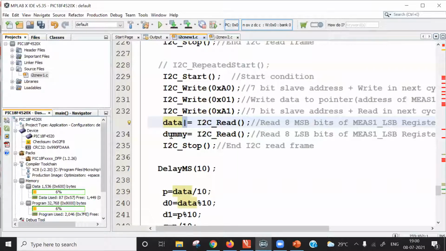And one more read operation we must do, because whenever we read data from FDC, we must perform 2 read operations because all registers are 16-bit. So another read operation is done and that data is ignored. I am writing that data in some dummy variable. The data received in the dummy variable will not be used because the last 8 bits of the second register do not contain our result, so it must be ignored. And after that, initiate the I2C stop condition.